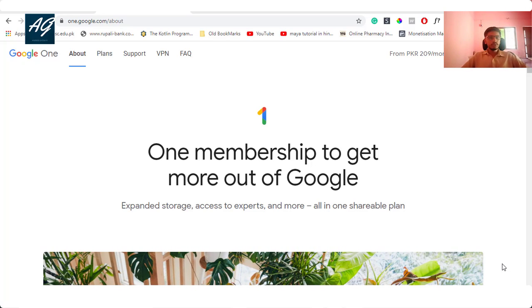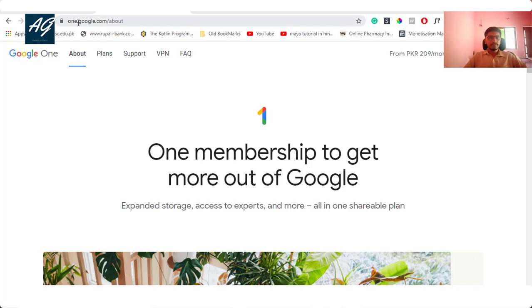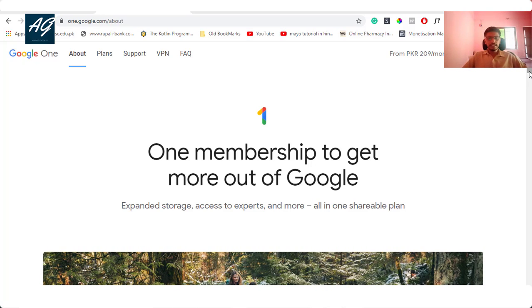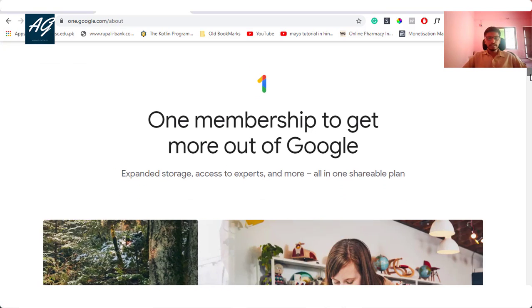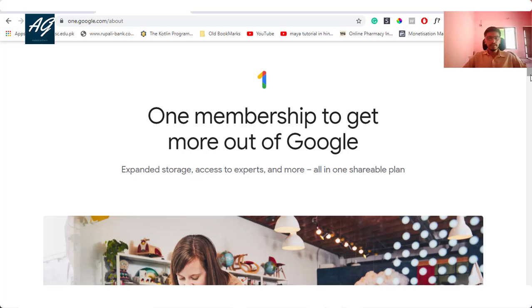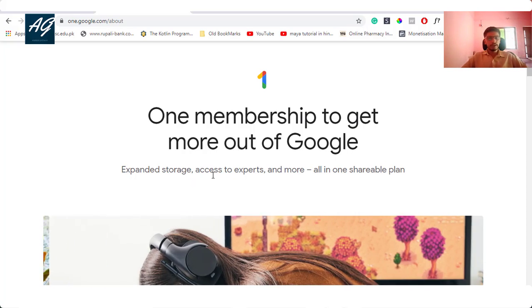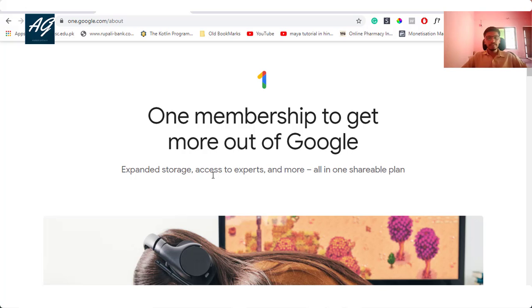If you go to the Google One website, for example one.google.com, here you get different information related to Google One. One membership to get more out of Google. Expanded storage, access to experts and more, all in one shareable plan.